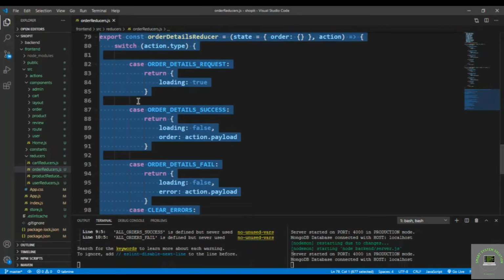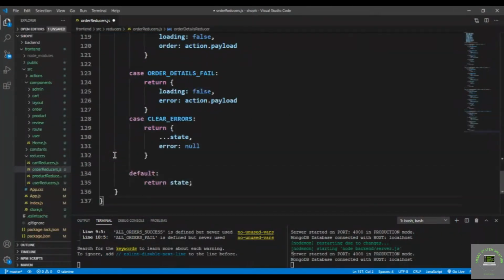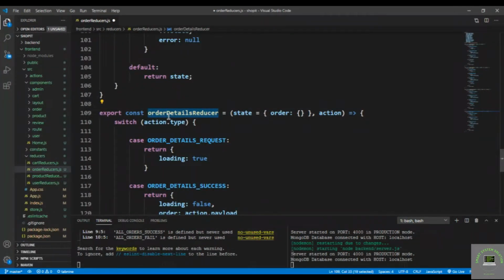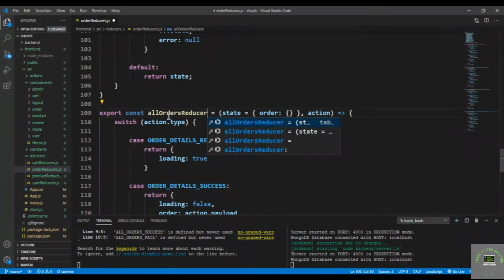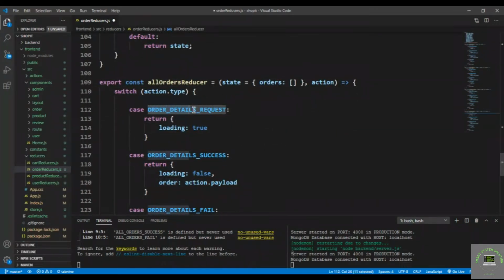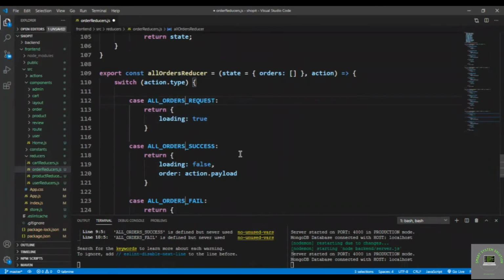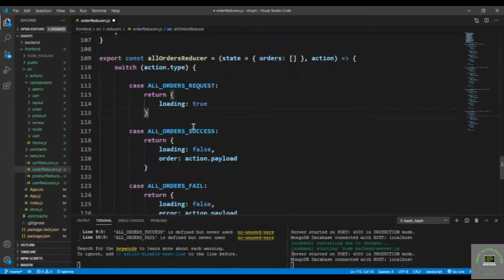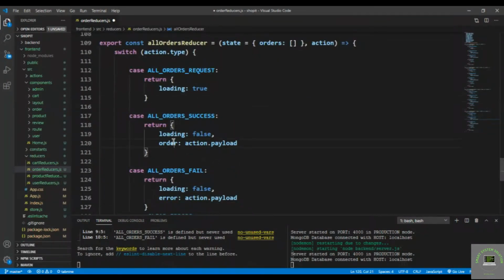So simply copy this one, Control C, put that here, and that is all orders reducer. Okay, so all order reducers, and the state I will put the orders, and that is going to be an empty array. Okay, and then I'll replace this with all orders request, which is going to set loading to true,